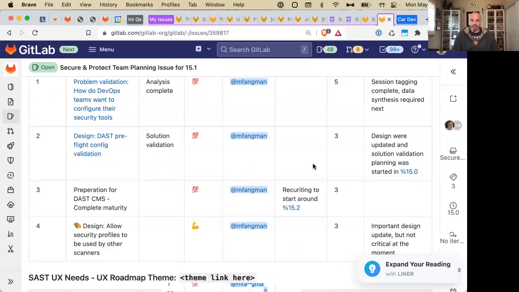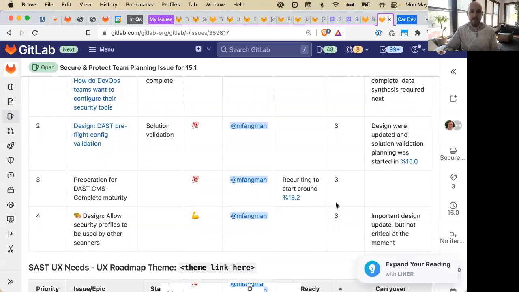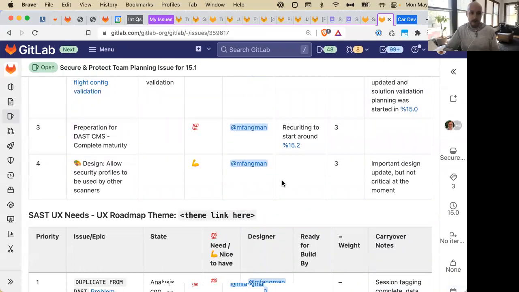Preparation for CMS. Yep. So we don't have an issue specifically for that yet, but we basically want to get all the pieces in place and get ready to start recruiting by 15.2. So just kind of building out the issues and fleshing out the prototypes and everything like that. So this is basically planning preparation. Yes. Okay. Exactly. Cool. Yep, I can do that. And you got a nice to have on here. Yep. And that's just looking at DAS profiles, which has been kind of started but deferred for a while now.